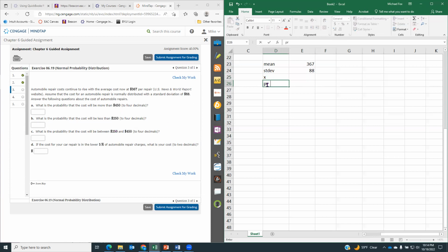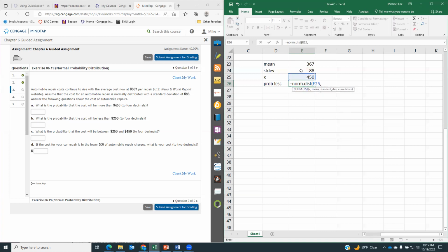So remember, whenever we are working on normal distributions and we're trying to find the probability for some value of X, we're going to use the function equals norm.dist. So not S for standard, just norm.dist. And there we have to include our value of X, comma, our mean,